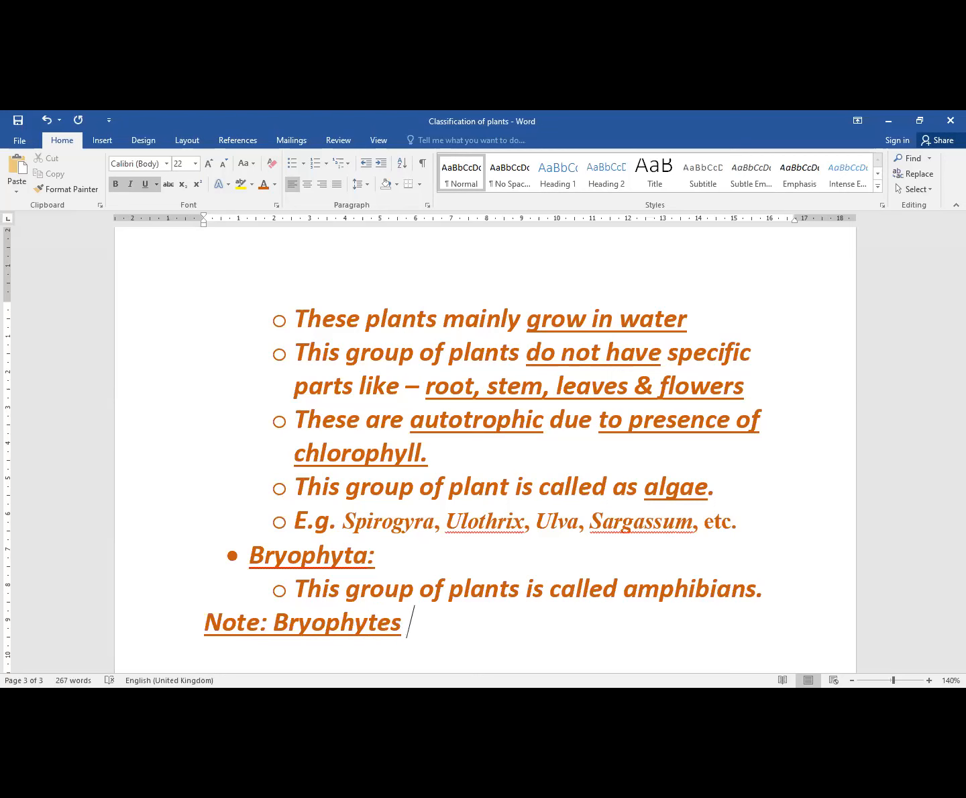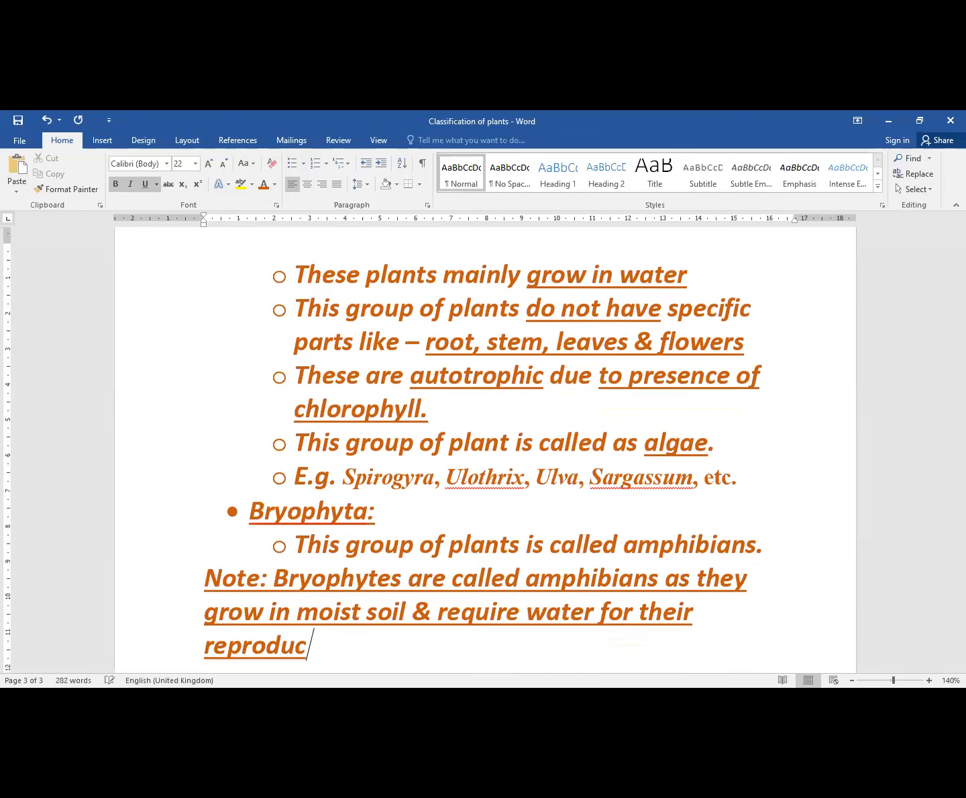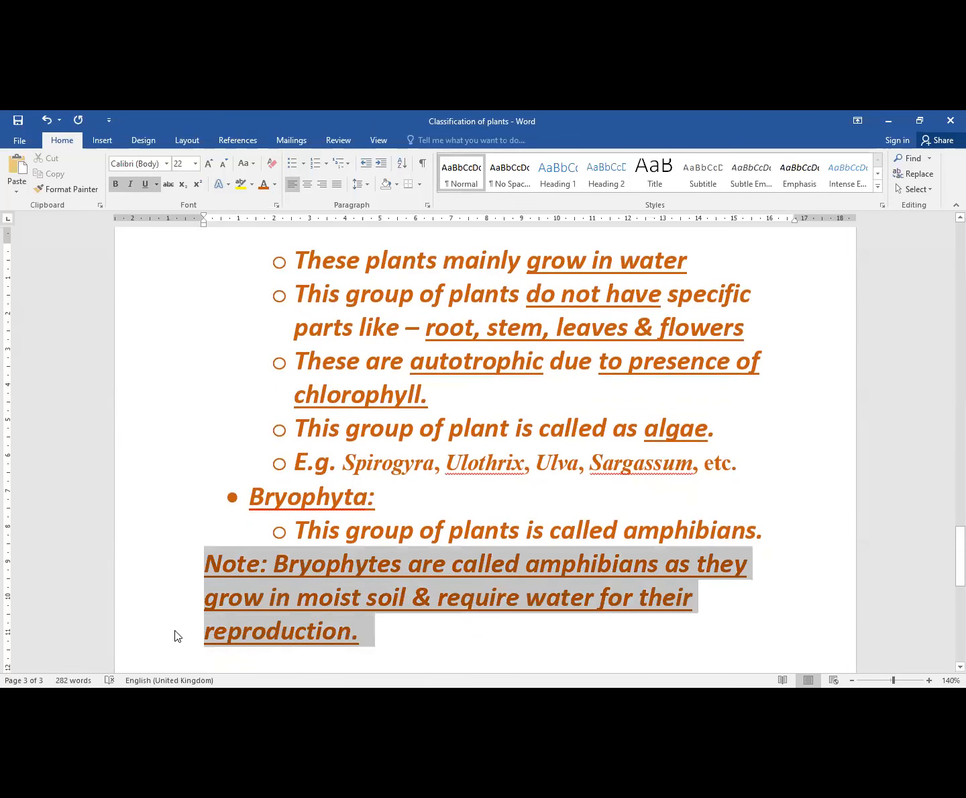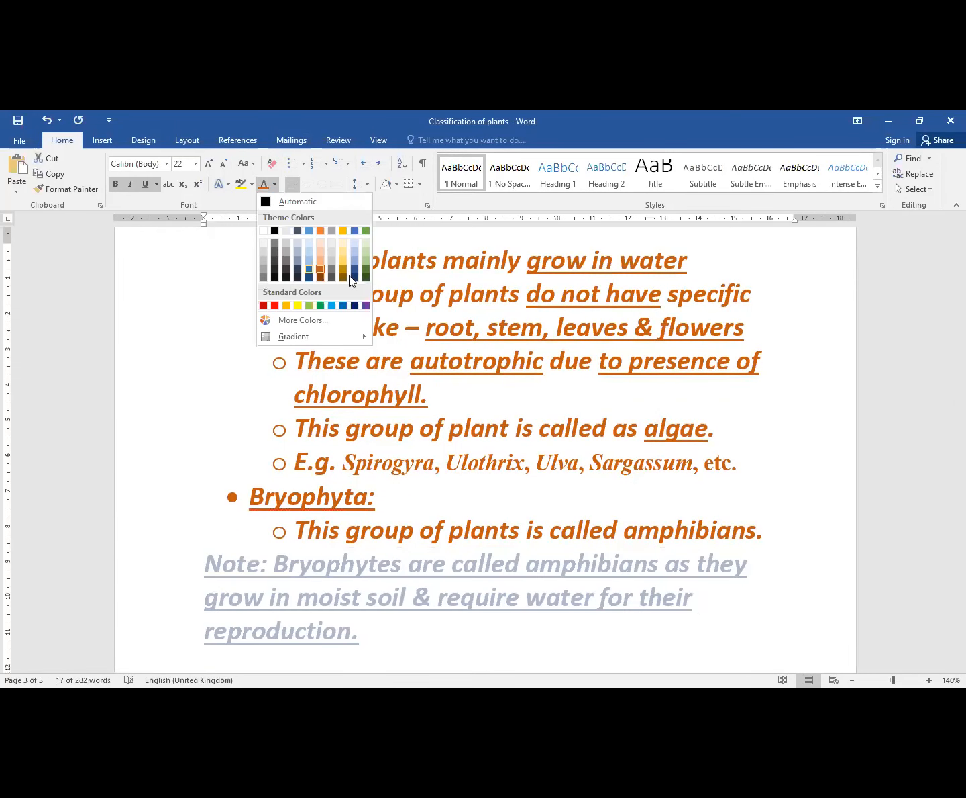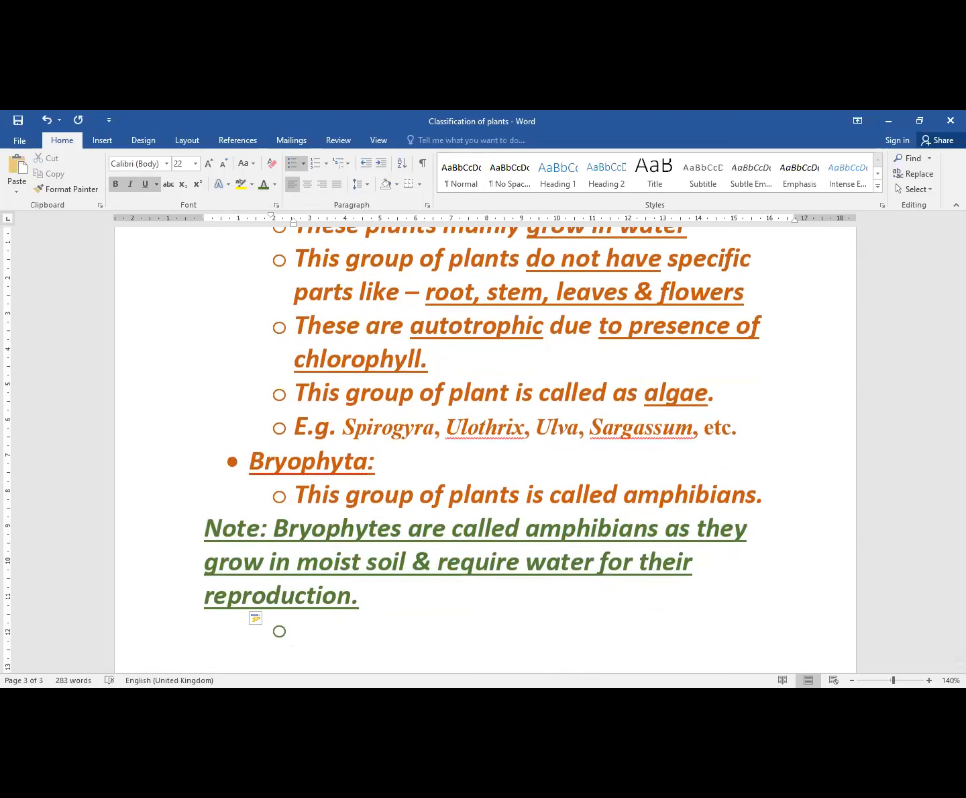Bryophytes are called amphibians as they grow in moist soil and require water for their reproduction. Done, sir. Second point,